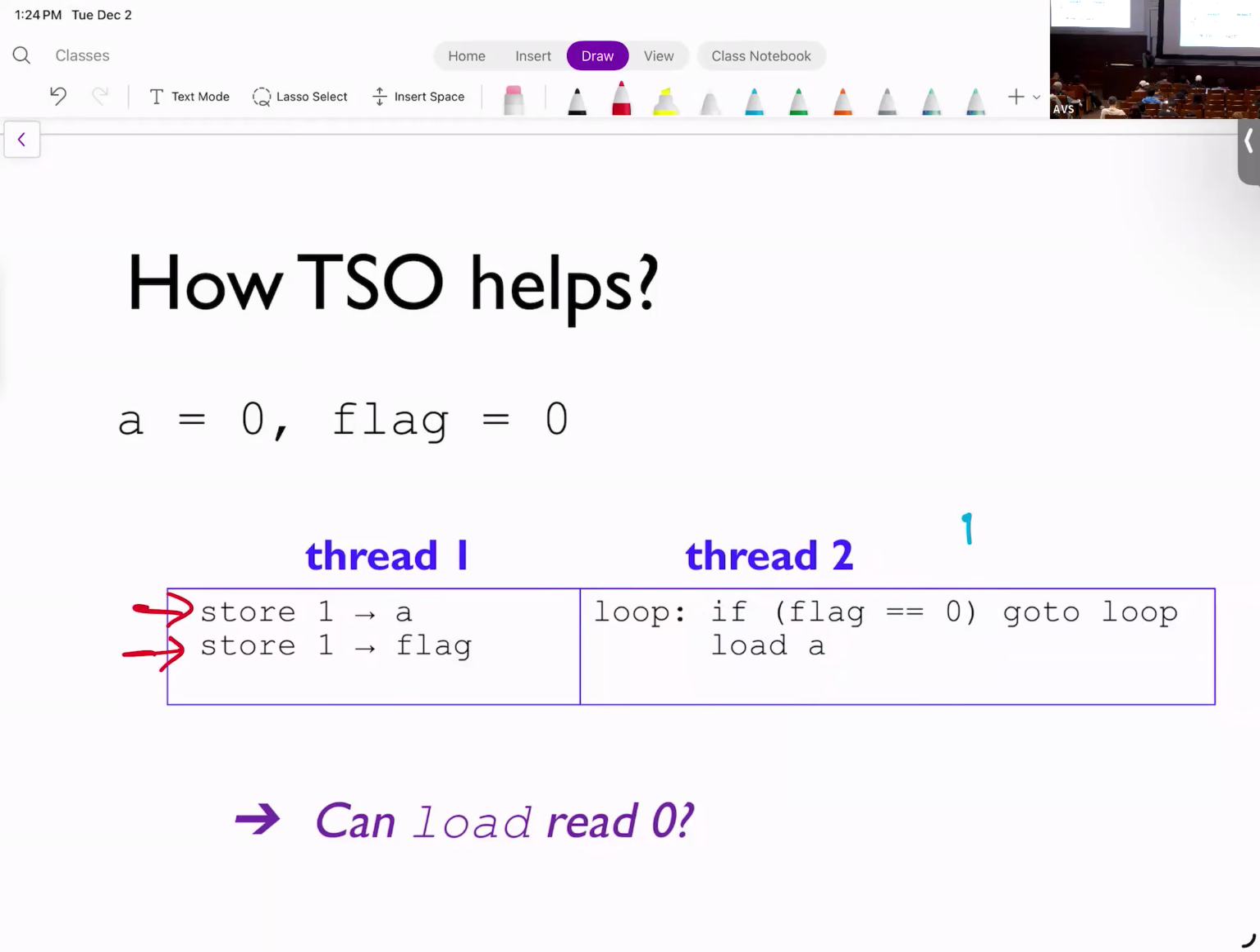And then if the stores happen in order, then this will happen first and this will happen next. So it's not possible that the flag becomes 1 before A is already 1. So under TSO, we make sure that the writes happen in order. And under this case, I will not execute this instruction before this loop